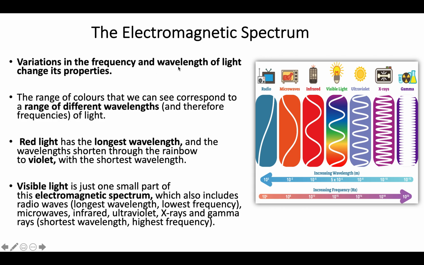We have frequency, wavelength, and we have the period as well. But here our focus is mainly on the frequency and wavelength. So variations in these two quantities of light change the properties of light. That is what we are seeing here. And if we look at a bit more diagrammatic form of the spectrum,